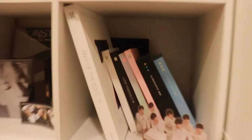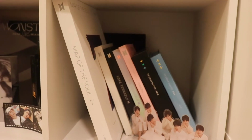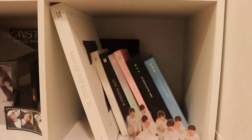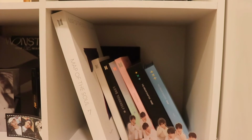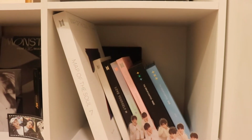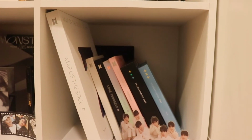And then this last cube is not very well presented, but it is also kind of just off in the corner. But this is my BTS and TXT shelf. I don't really follow BTS much anymore. That's why they're down here, and I couldn't find a good spot for TXT. So that's why they are also down here, at least for right now, but I will probably find a better